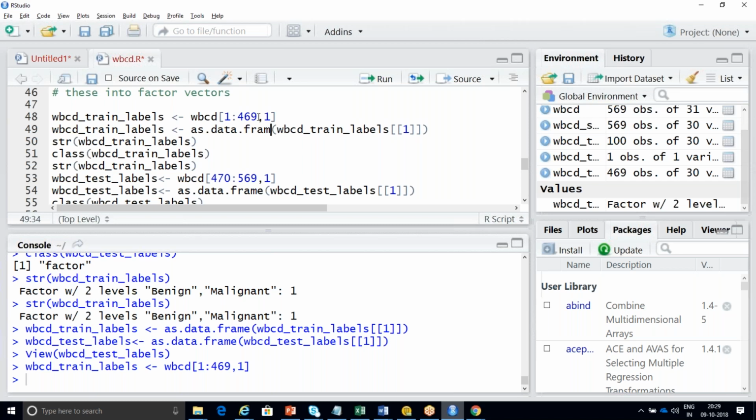Yeah, I'm checking. It should be a factor only. I'm just doing some WBCD_train_labels. Just give me one sec. Oh, it is taking only one column. WBCD_train_labels, it is taking only one column. So what I'll do is here,